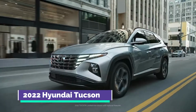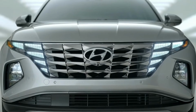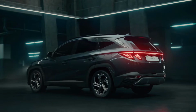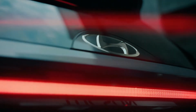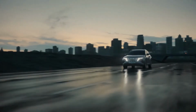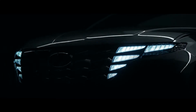2022 Hyundai Tucson. The Hyundai Tucson for 2022 has a bold new design that seems set to shake up the compact SUV industry. The base trim-level Tucson is powered by a 2.5-liter four-cylinder gasoline engine shared with the Sonata sedan, but a hybrid and a plug-in hybrid will also be available. For 2022, the Tucson is completely revamped from top to bottom, using the company's new design language for a striking